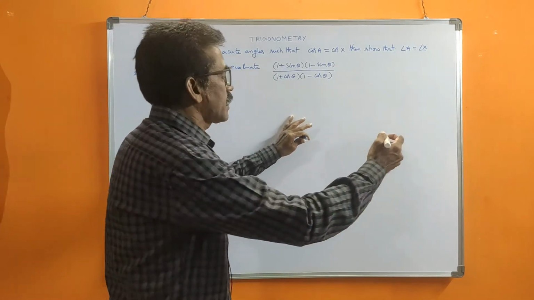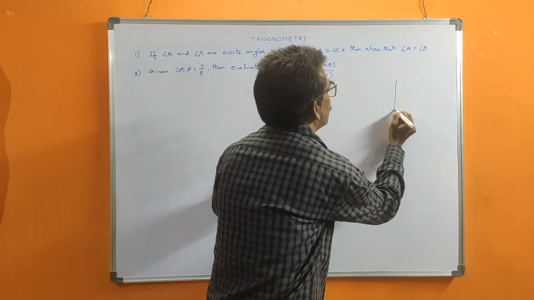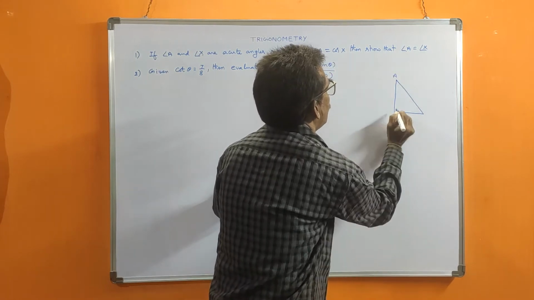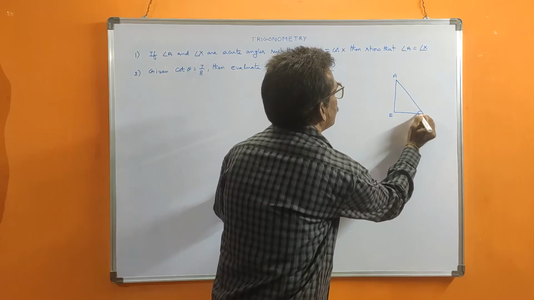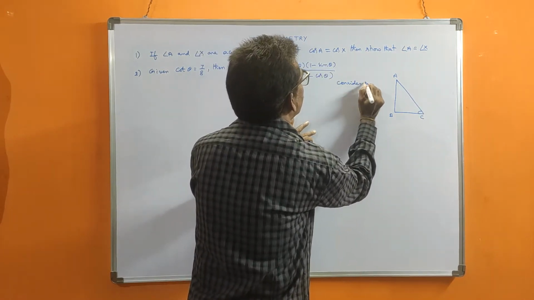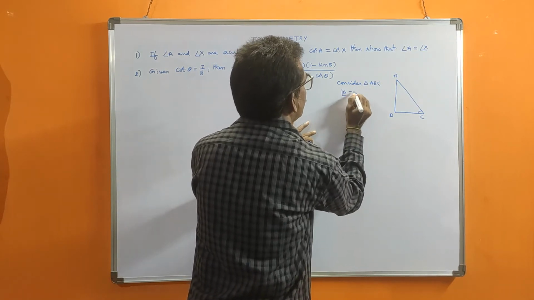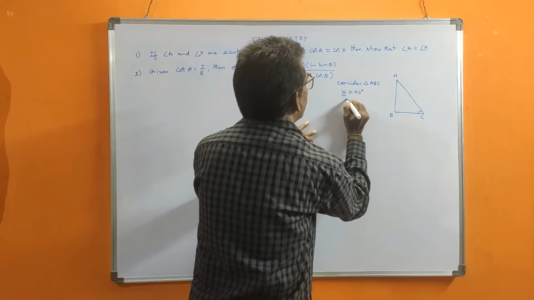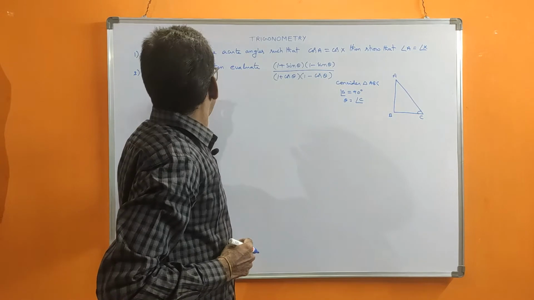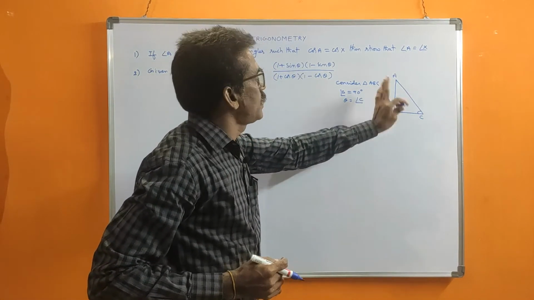Okay, first consider a right angle triangle ABC. I am taking C. So consider triangle ABC, angle B is equal to 90 degrees. Theta is equal to angle C, that I am considering as theta. So where theta is there, it means according to C only, for C only you should consider.